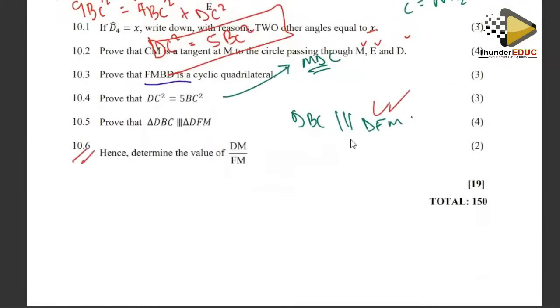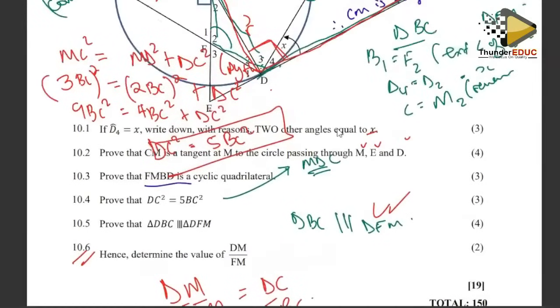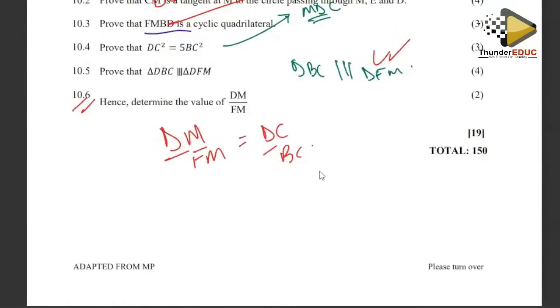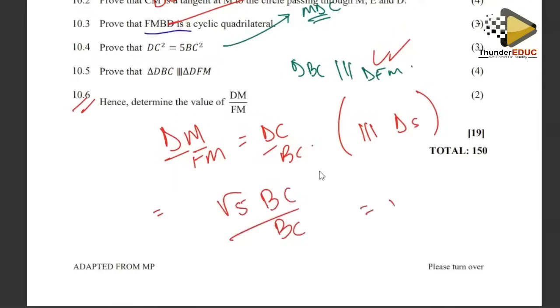So this should be just a walk in the park. So you can say that DM over FM should be the same as DC over BC. Remember, we already proved that the triangles are similar. So if we do that, the reason is going to be similar triangles. So when you do your substitution, you're going to have root 5 of BC over BC, which gives us